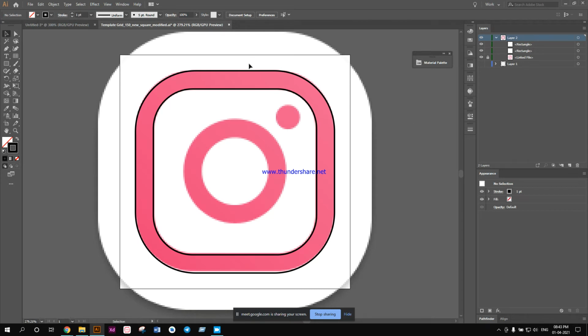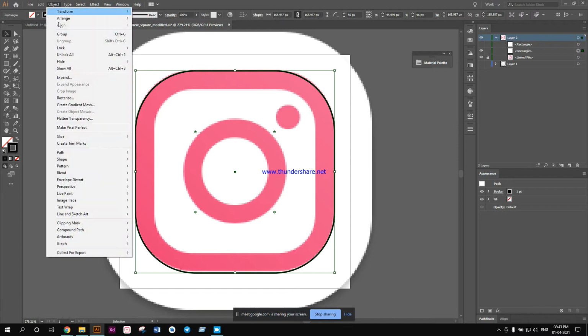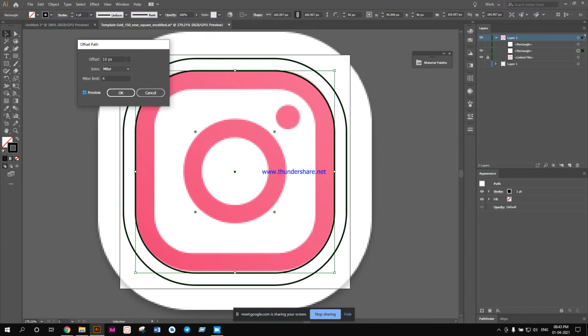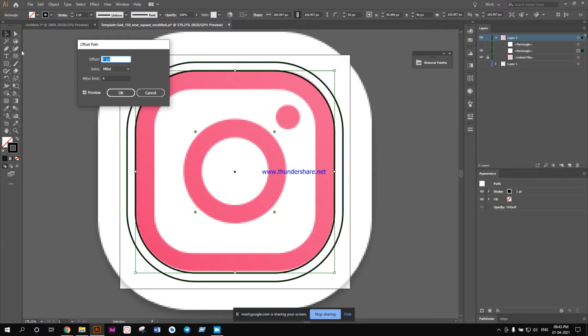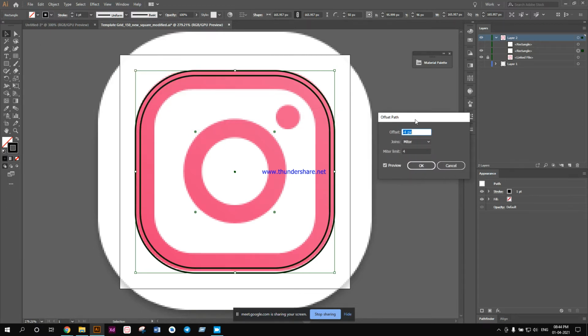This is how I can do it. I can also do it by the offset method. I select the background rectangle first, then go to Object, then Path, then Offset Path. This way you can create a perfect offset. You see over here, I'm going to -4 pixels right now.